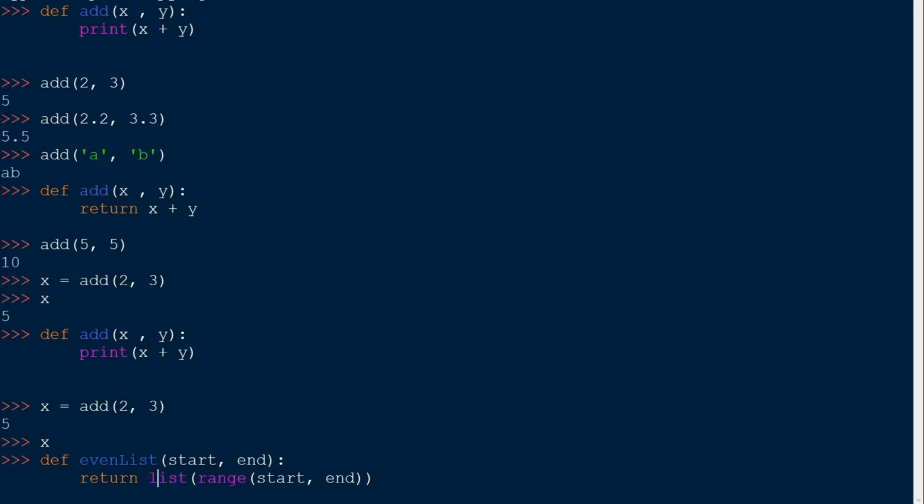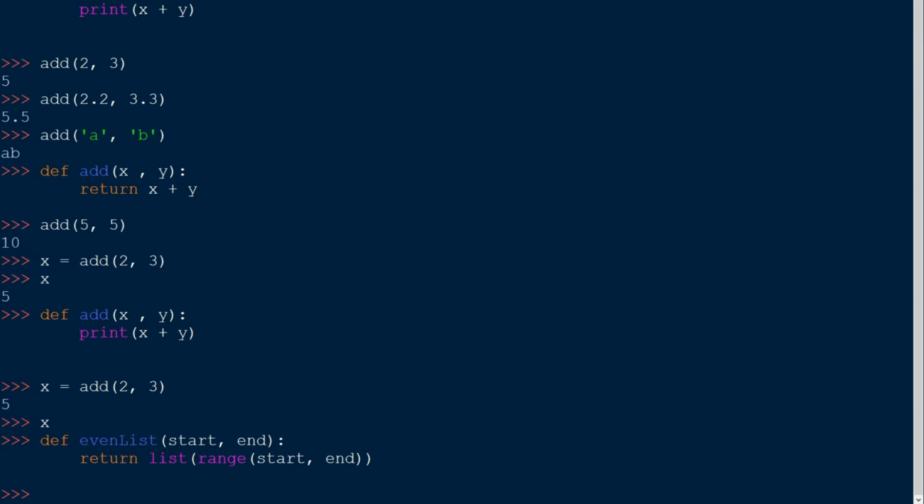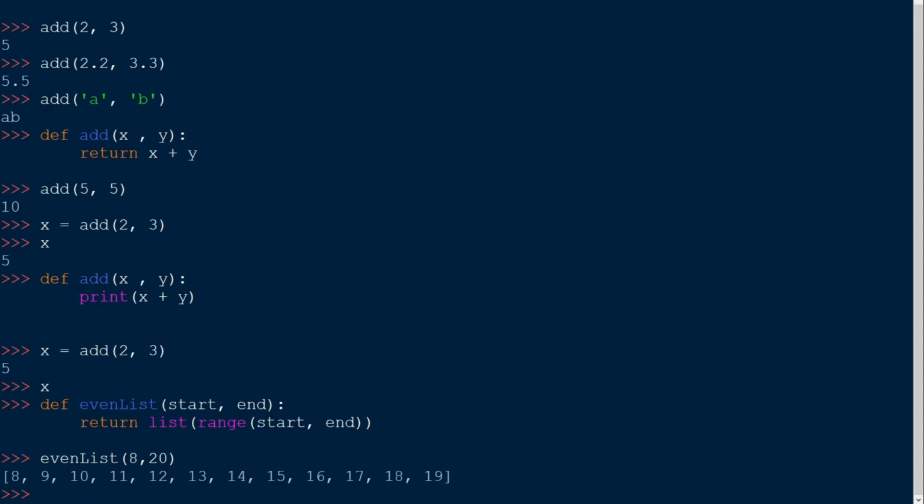If I press enter, get out of the function body and call this function, even_list(8, 20), and press enter. See, we got a list of numbers, but these numbers are not even numbers. So let's make a slight change to the program.